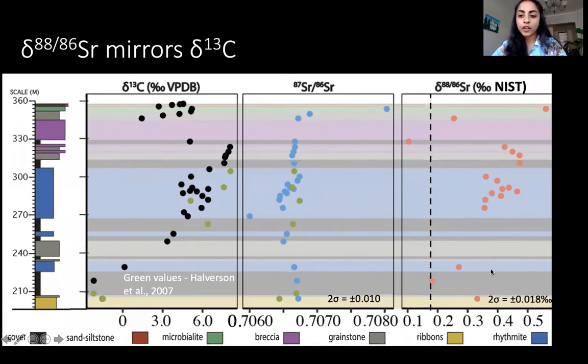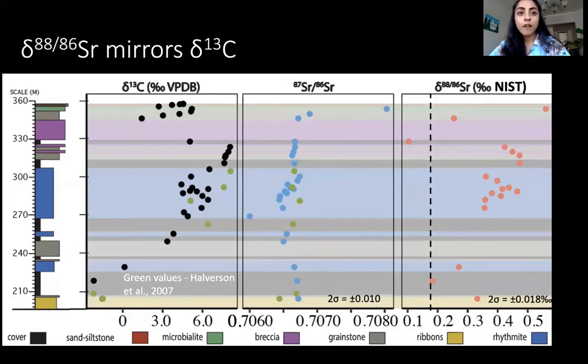Furthermore, the average value for stable strontium measured here is 0.374 per mil, so around here, which is higher than the average of the Phanerozoic, which is shown here by the dotted line. Also to note that these are the first stable strontium values measured for the Tonian. So my hypothesis for these higher values is that there was an increase in carbonate burial leading into the Sturtian